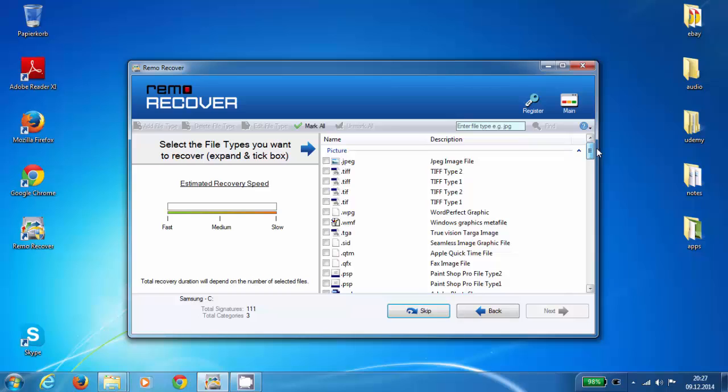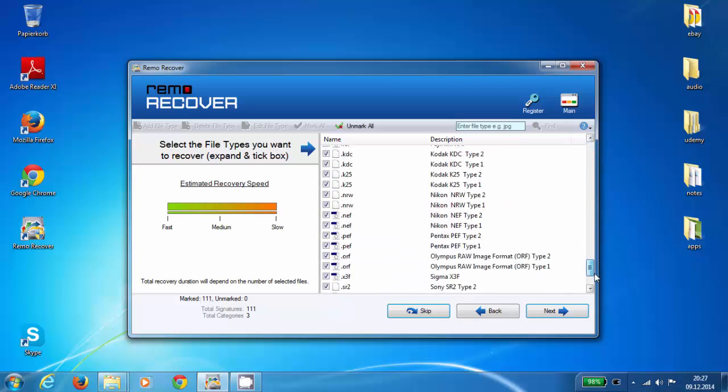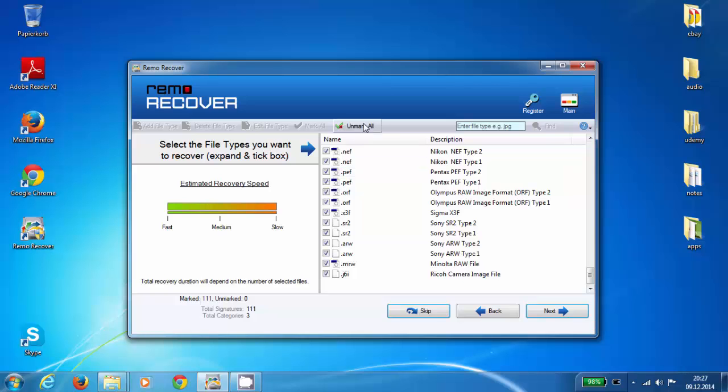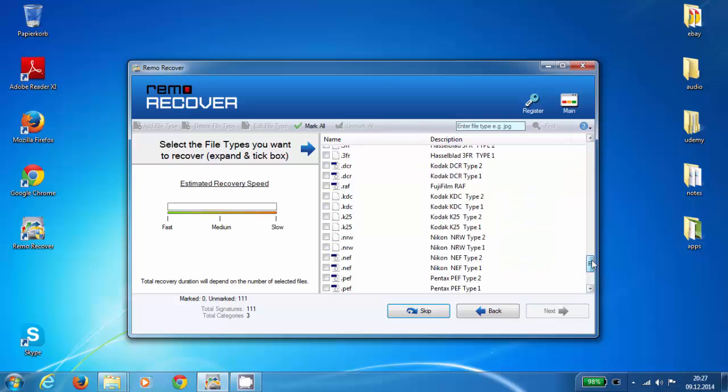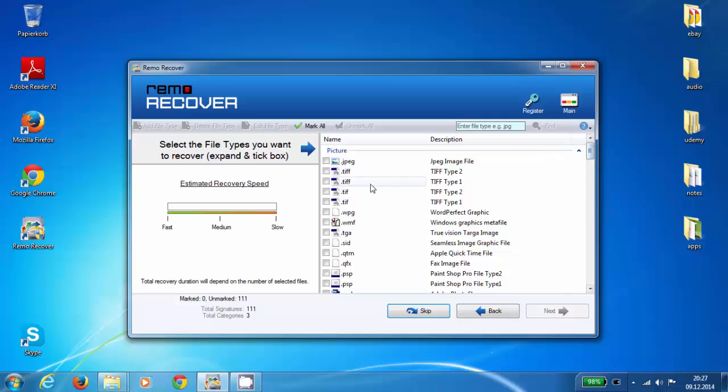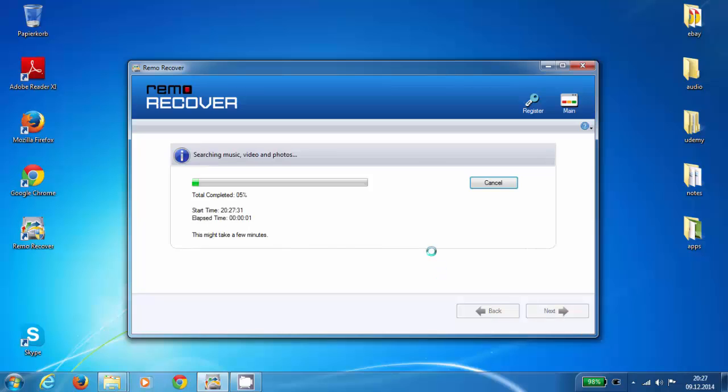If you're not sure which format you're looking for, you can just select all, but that will slow down the scanning process by a lot. Otherwise, just select the file type you're looking for. I knew mine was in JPEG format, so I just went for JPEG, which made the scanning go a lot quicker. Go to next. And now while this is loading, I'd like to show you the comparison of the different programs